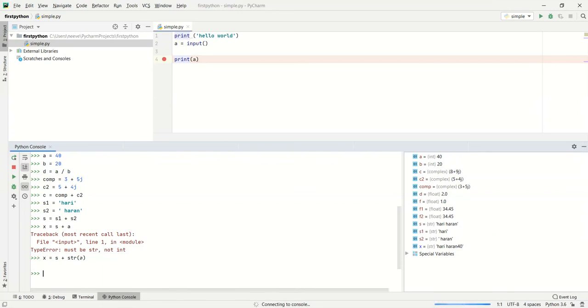For example, s contains Hariharan and a contains 40, which has been added like a string, and we got the output Hariharan 40 as a string. This covers arithmetic operations over integer, floating point, complex and string variables in Python programming.